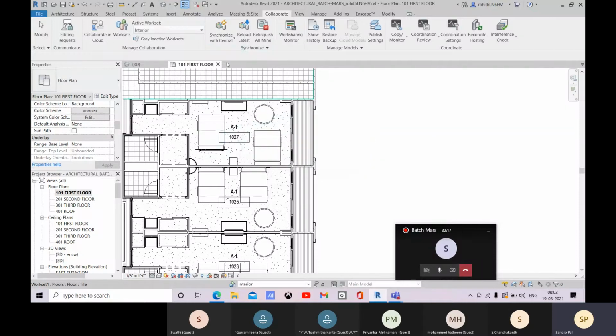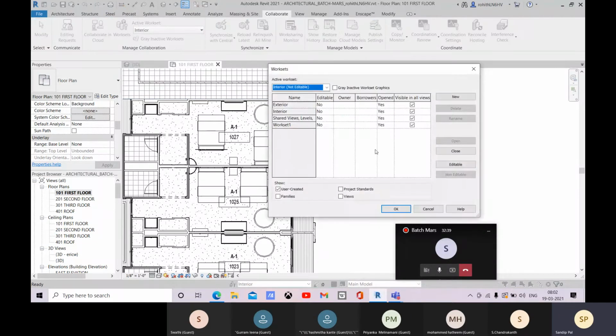I have to go for this Synchronize or Save. I haven't done that, so let me go with Synchronize now. After synchronizing, you will relinquish. Relinquish all mine is done, and here you see that I'm no longer the owner.